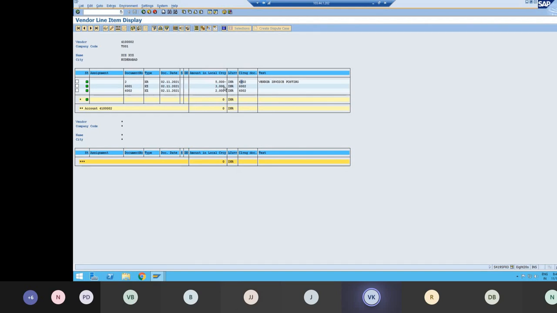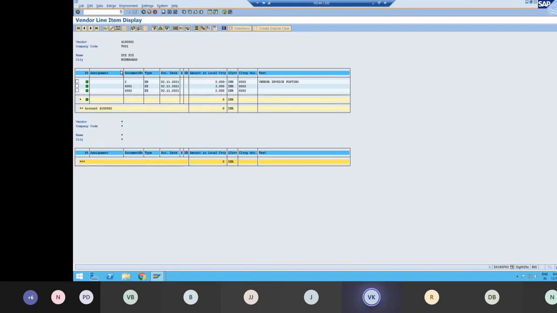So this is one more thing. If you want to reverse, I told you that the transaction code is FB08. But if the document is cleared, we'll not be able to reverse directly using FB08. For example, if now I want to reverse this document number 2, I go to FB08.